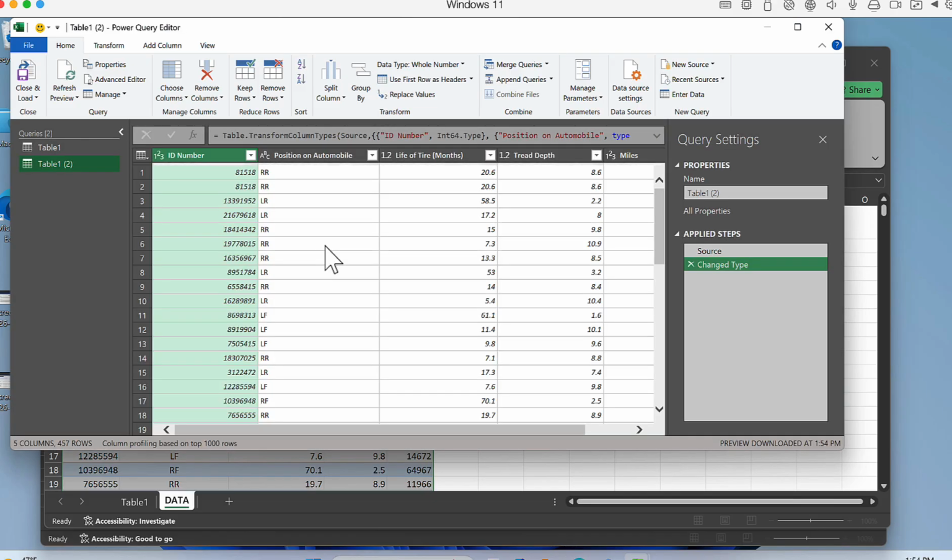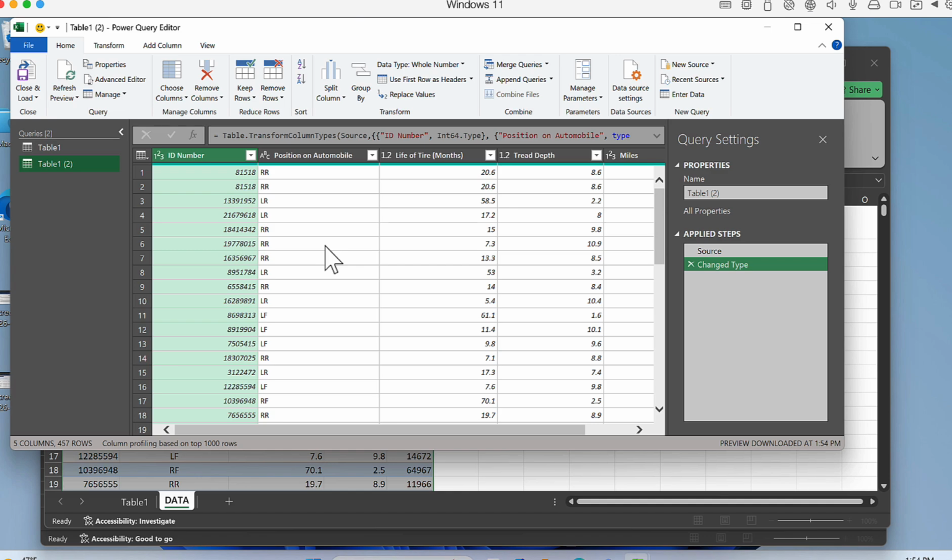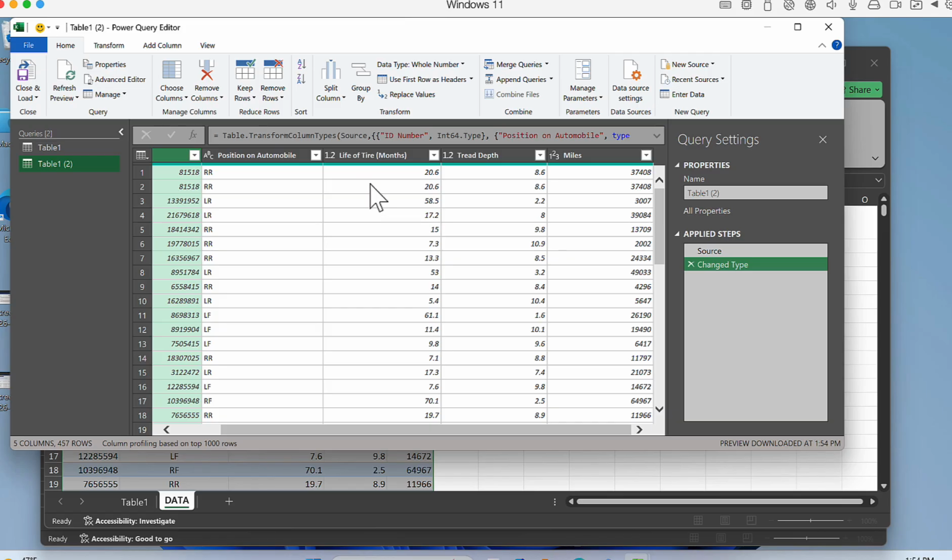And once it imports, what we will actually do is, it's an indirect way of getting our duplicates. We will use a group by function, and we'll group by all of these columns. Now let me show you how that plays out. I click on group by,